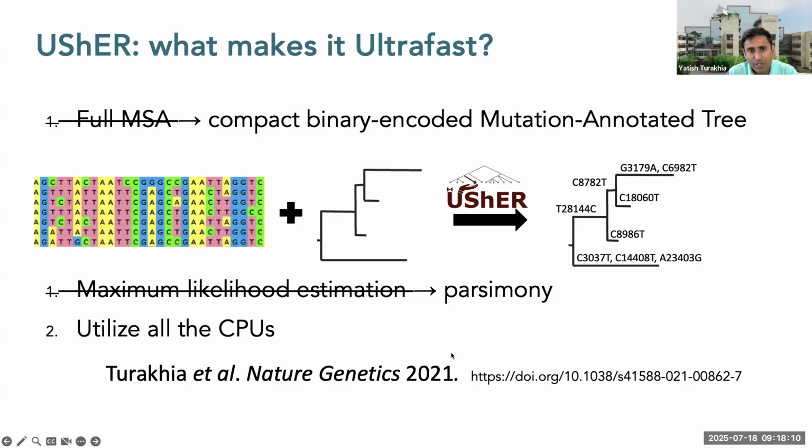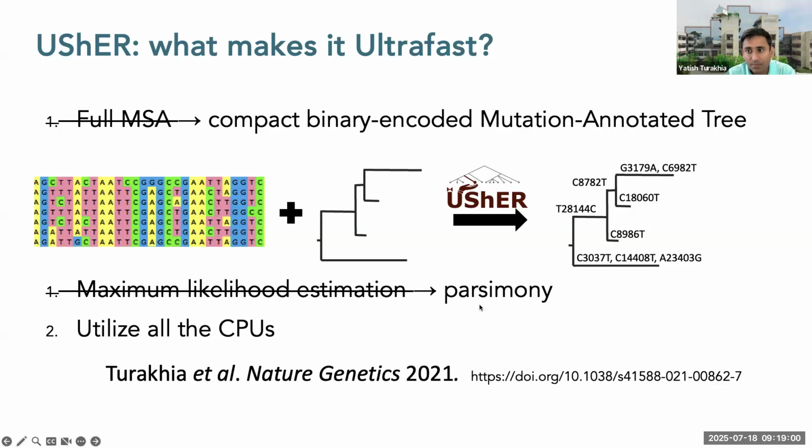And secondly, it used an approximate technique called parsimony, rather than more elaborate or compute intensive techniques like maximum likelihood, for finding where that sequence should be accommodated, right? Now, I should say, even though this technique is approximate, it actually works pretty well for pathogens like SARS-CoV-2. In fact, it's nearly as good in accuracy as some other techniques. We've shown that, mostly because of the rate at which we were sampling the pathogen, we would on average see that the newly sequenced sample you've collected often differed by one or fewer mutations compared to the closest neighbor in the tree, which basically means that you can pretty confidently place it using approximate techniques as well,